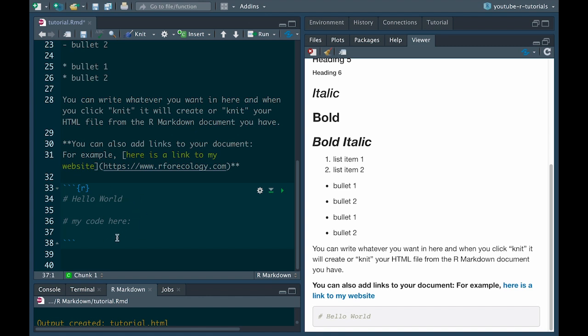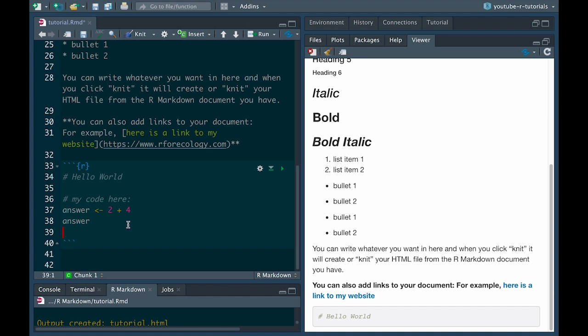All right, so let's create this variable answer, and into answer we're going to put 2 + 4. Then let's see what answer looks like. We'll just run answer on its own to see the result. Then we'll create another one, my data. And we'll use the cars data, which is actually already uploaded into R when you start a new session. You just won't see it in your environment, but it's there. So this should work, even though we haven't actually uploaded this data set separately. It's already there. And let's take a look at what my data looks like.